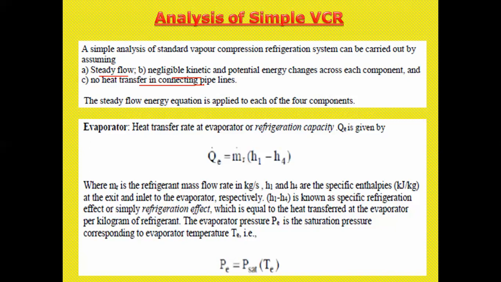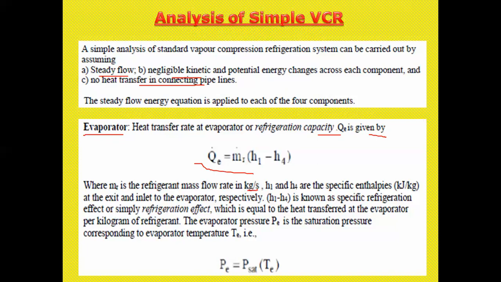Therefore, if we see the analysis for every component, first we see the analysis of the vapor component, the evaporator. The heat transfer rate at the evaporator, or refrigeration capacity QE, is given by QE equals m into H1 minus H4. Because we are taking the evaporator, in the evaporator the phase change is from 4 to 1. Therefore, QE is equal to m times H1 minus H4, where m is the refrigerant mass flow rate